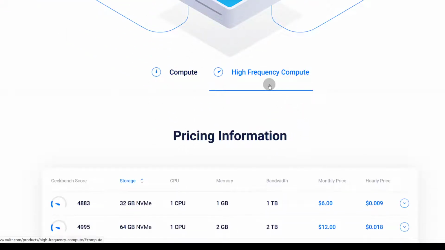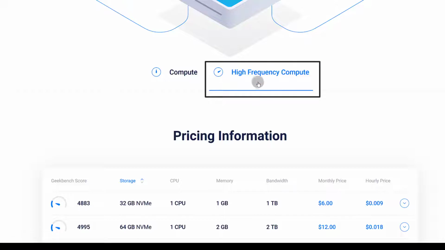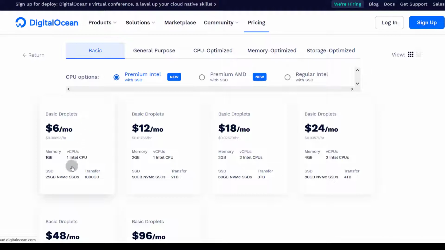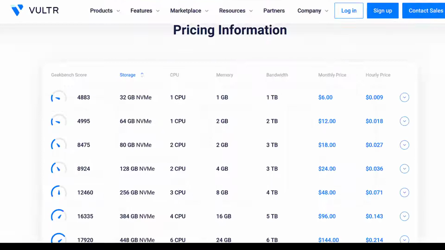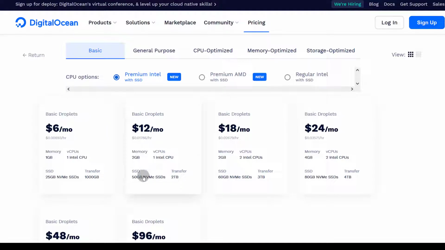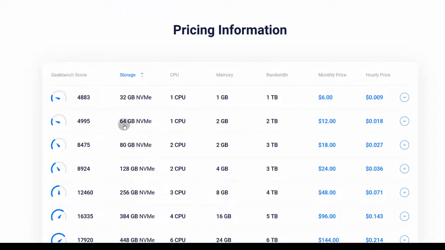But if you can afford it, you should probably always choose the high frequency one. You can see here, if you come back, for $6 you'll get 25 GB and 1 GB, 1 CPU. Let's compare that with the high frequency one. You'll see that you get 32 GB more on Vultr. So that's a plus for Vultr, and I think that runs all the way down: 50 GB for the next one, 64 GB. You should just choose Vultr because the few GBs that are there are very important.